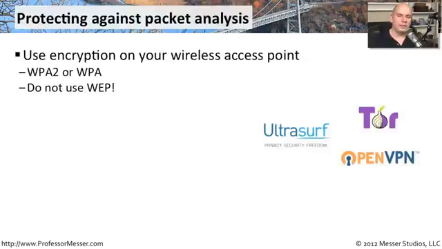If you want to prevent somebody from gathering packets and being able to see your private information, then you need to make sure your wireless access point is encrypting the traffic. So use something like WPA or WPA2 to accomplish that. Do not use WEP. I know that there are legacy devices in the world that all they do is WEP, but if you want to be sure that all of your data is absolutely private, you need to avoid that encryption type at all costs.